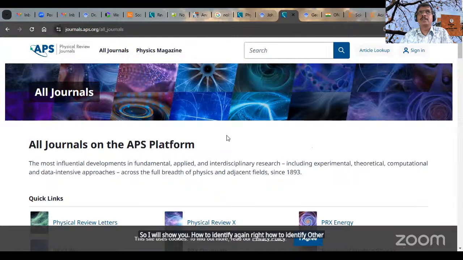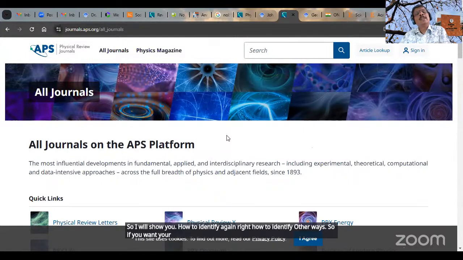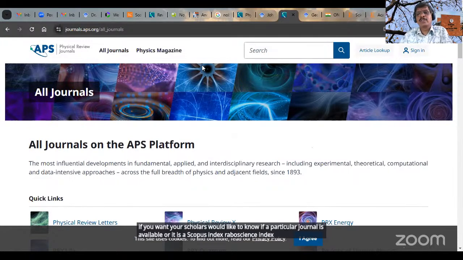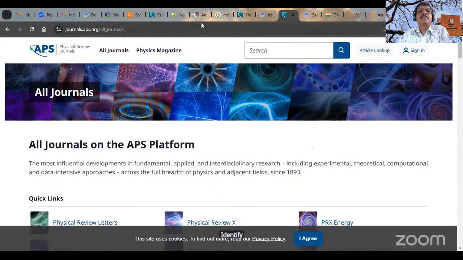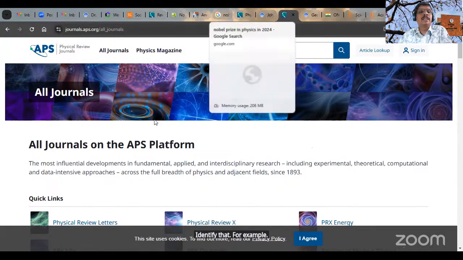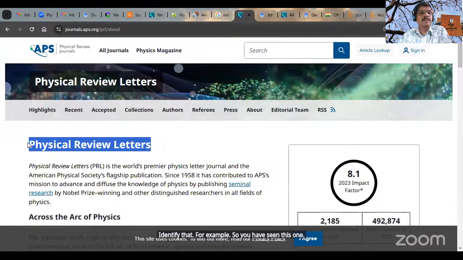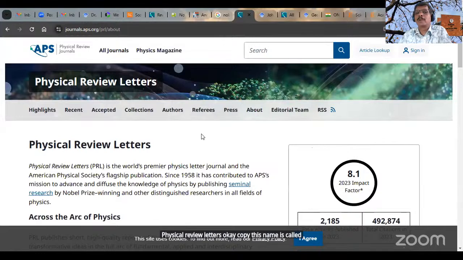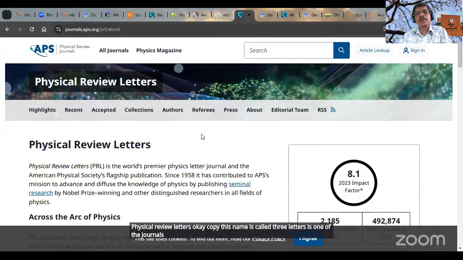So if your scholars would like to know if a particular journal is available, or if it is Scopus indexed or Web of Science indexed, I will also give you an idea about how you can identify that. For example, you have seen this one, Physical Review Letters. Okay, copy this name. Physical Review Letters is one of the journals belonging to ONOS. Copy this name and go to